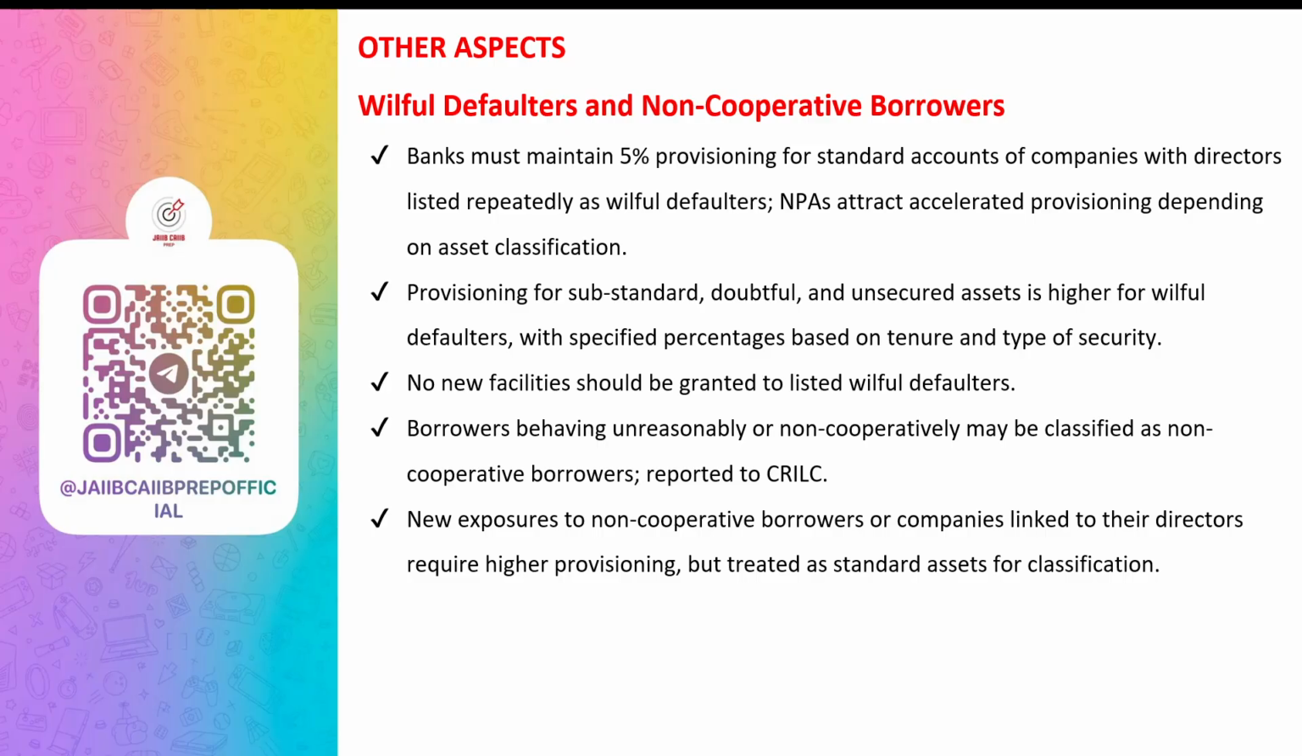Now, provisioning for these willful defaulters has to be made. The bank must maintain a 5% provision for standard accounts where the listed directors are willful defaulters. If it is a substandard asset, in the case of a secured loan up to 6 months, the provisioning is 15%, and when it crosses 6 months, the provisioning increases from 15% to 25%. For unsecured loans,